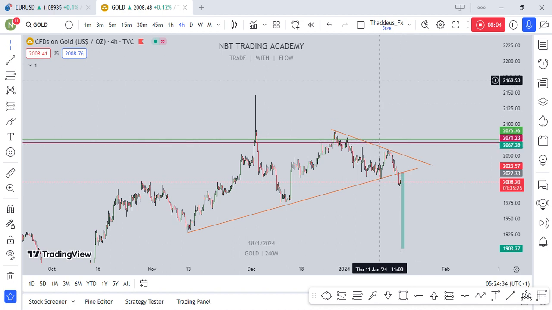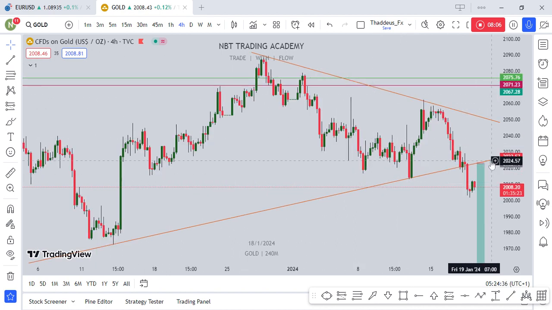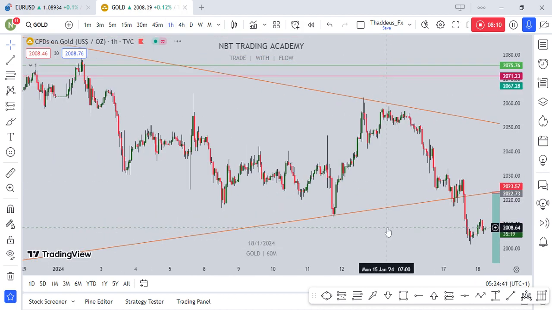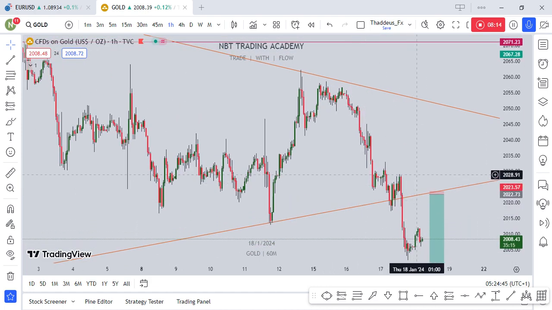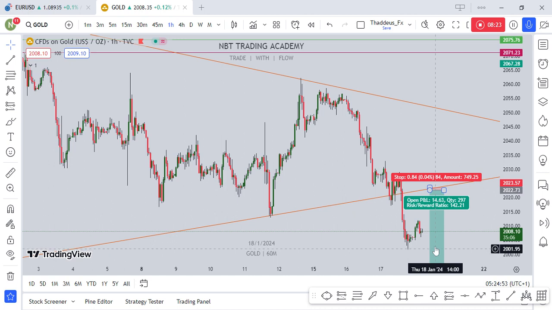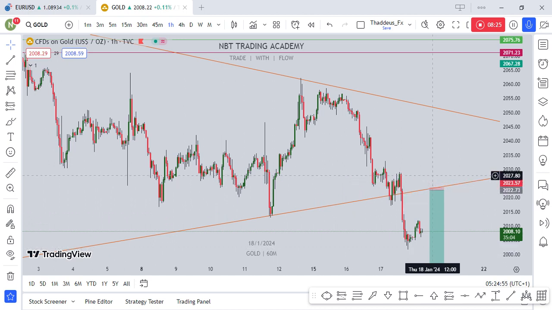But for the meantime, we trade what we see, trade what the market is giving us. From what we could see, the market is coming to this zone, or this zone especially. So we're going to be patient enough to wait and see whatever the market does. The market might eventually come here and start spiking up. The market can be crazy. We don't predict, we only analyze. The market does whatever it does, and we react, guys.